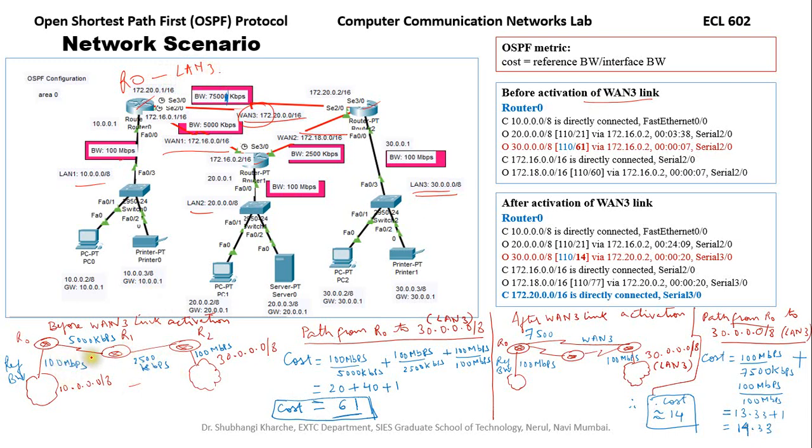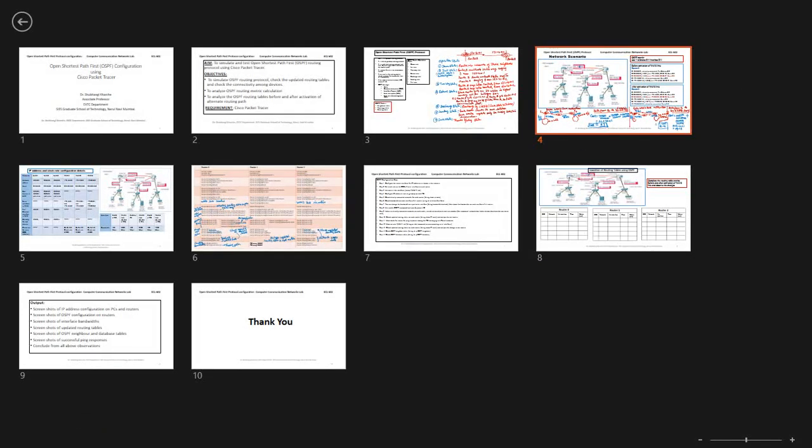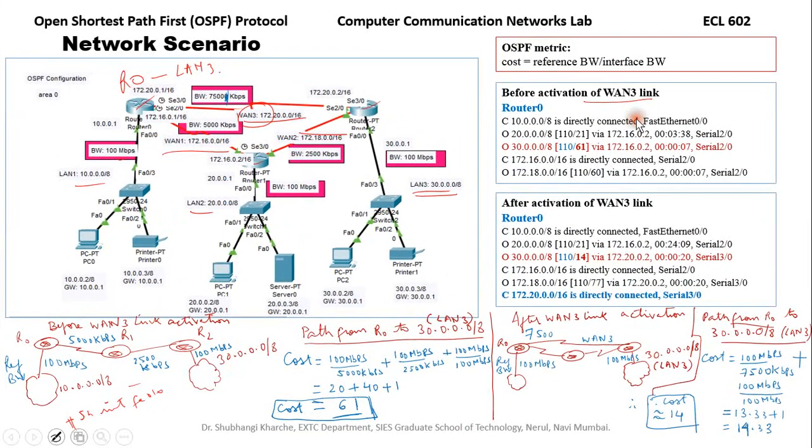The bandwidths I have recorded from the Cisco Packet Tracer using the show interface command and the particular interface number FA0/0. This command will show the bandwidth available on this interface FA0/0. So using such a command for the other interfaces also, serial interfaces also, I have noted down the bandwidth, and I have changed the default bandwidth on the serial links here.